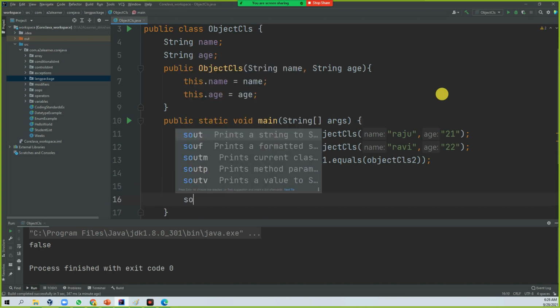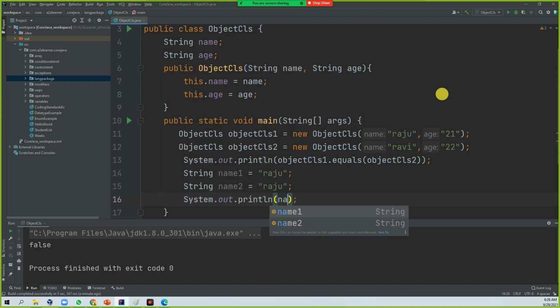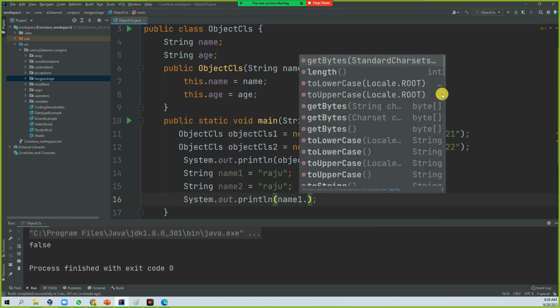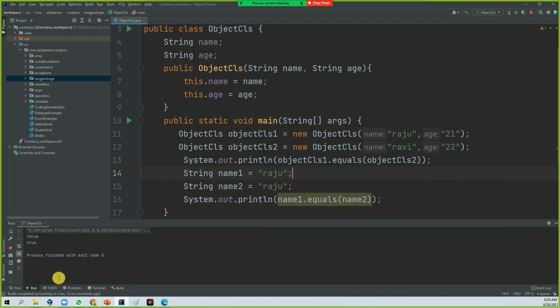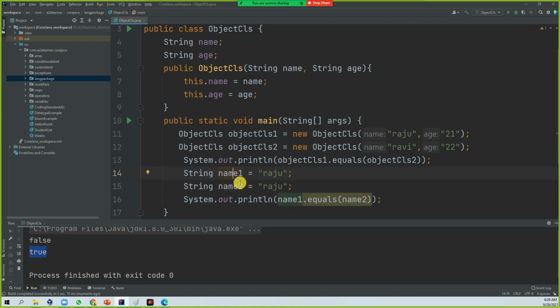Here System.out.println(name1.equals(name2)). If you run it, see here, these are two String objects. If you are comparing whether name1 and name2 are equal or not, you use the equals method and pass the argument.